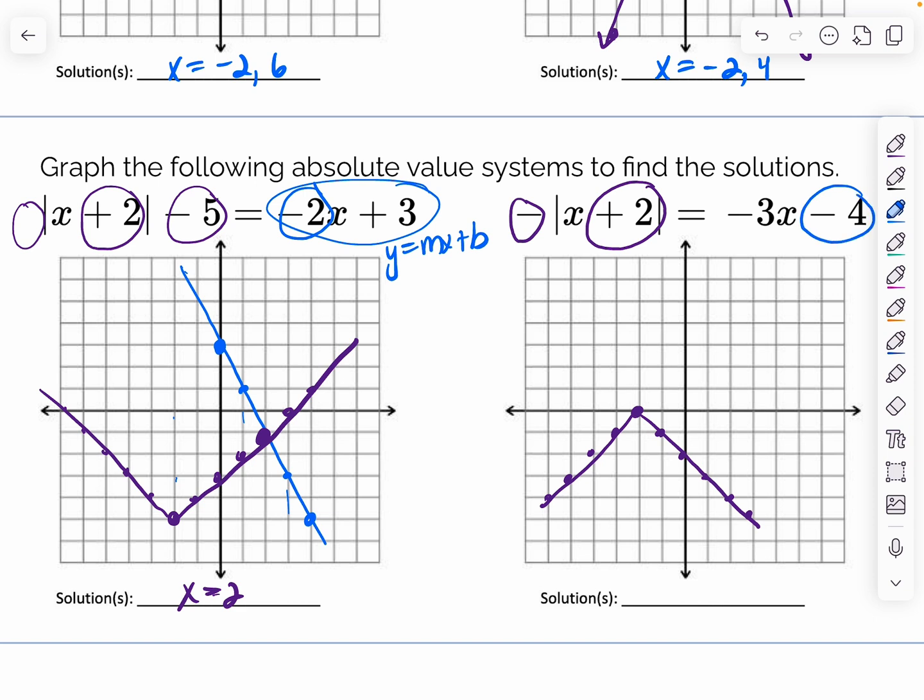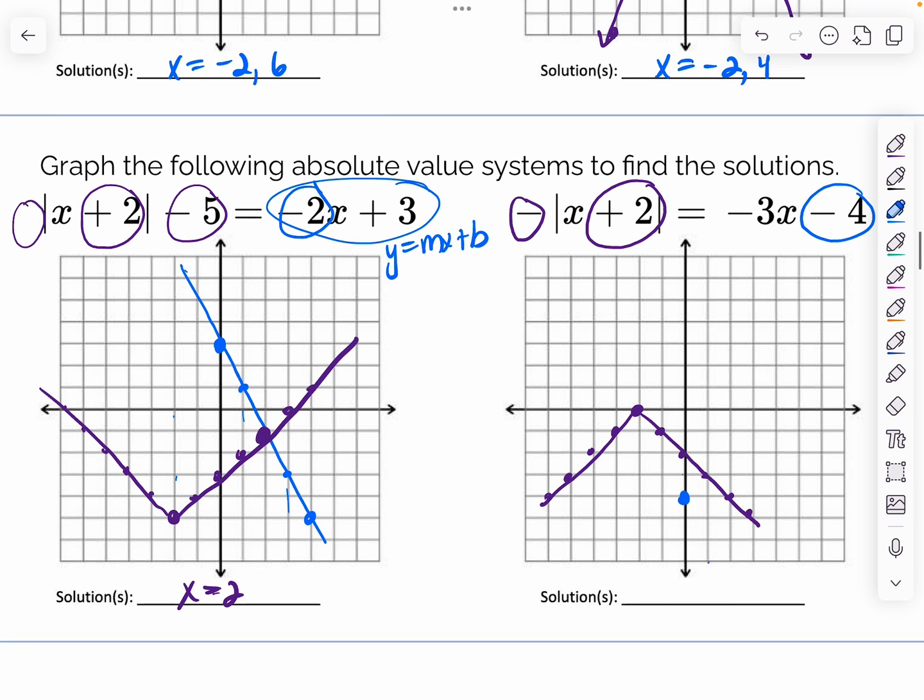This is your y equals mx plus b, so you start at -4. That's your y-intercept, and then our slope is -3 over 1. I can go down 3 over 1, then I kind of run out of room. So you can also go up 3, but left 1. And you see that's where our intersection point happens. I'm going to graph a few more here, and now we can see our line, and we can see our intersection point, x equals -1 in this case. Okay, so that is your